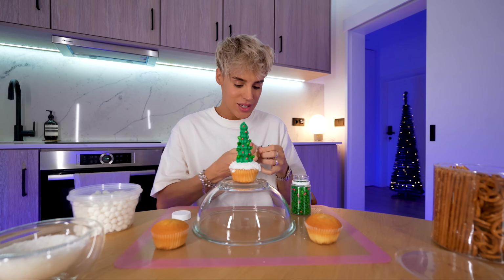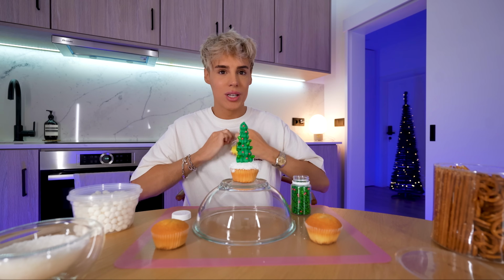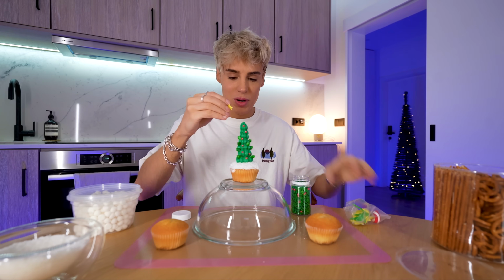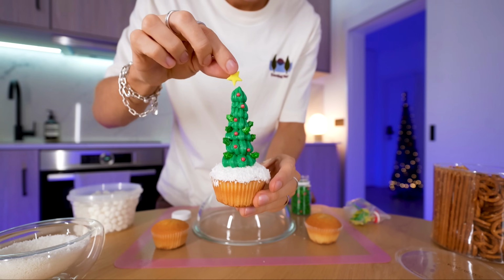I'm gonna just add the star on top. That will be the final touch. I bought some edible stars. I really thought I was gonna come through. My delusion is paying off. So I'm gonna put a little star on top. Okay, let me see if I can show you this. This is the very last step, which is...